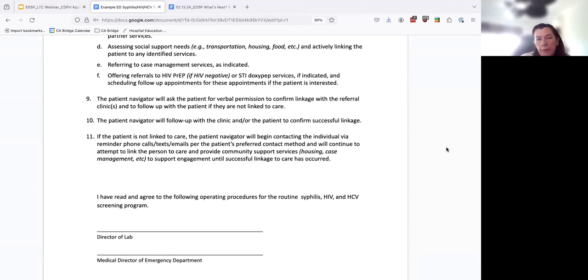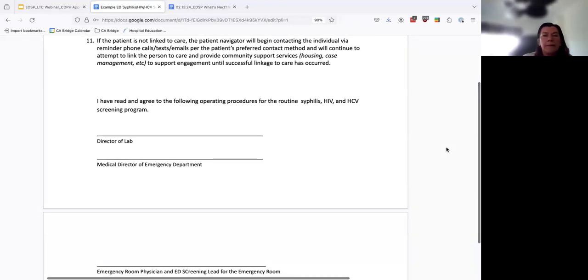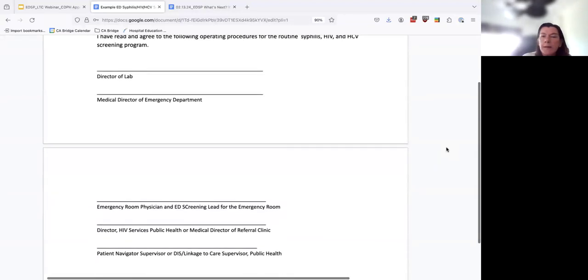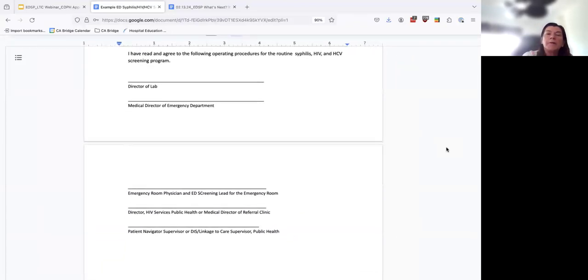And then the final part of this, if you want to just show the end, is that it's very helpful once you and your team have delineated these steps out and who's going to be responsible for the various steps, to then have everybody sign off on it. Because that way, you know that everybody's read it, everybody's in agreement with it, and everybody is expecting various individuals to do the different steps.